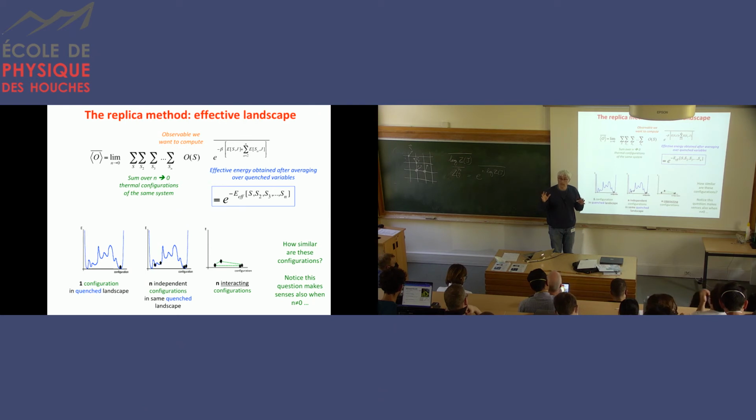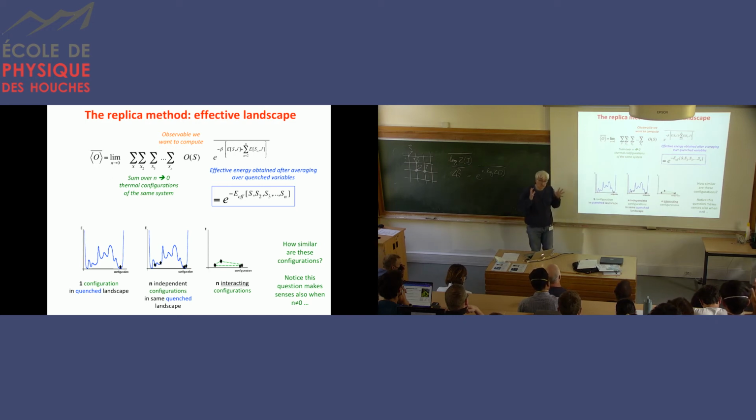Is it more or less clear? You will see that very clearly on an example. Yes? Is the fact that the configurations tend to go to a common, global, flat minimum a concentration effect? Yes, so you will see that in the measure of the similarities between the replicas, which I'm going to introduce. Okay? So this is the very idea of the replica approach. Go from the left panel to the right one. Remove everything which depends on the landscape into an effective theory which tells you how similar the different replicas are, because they used to live in the same landscape.